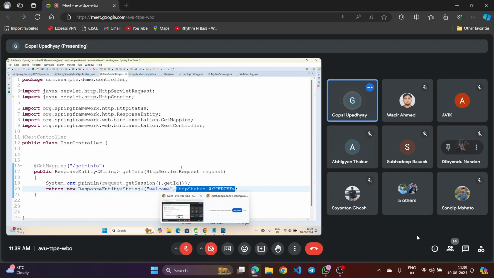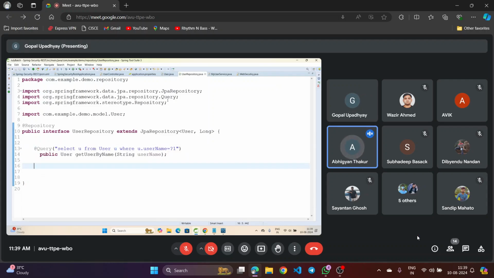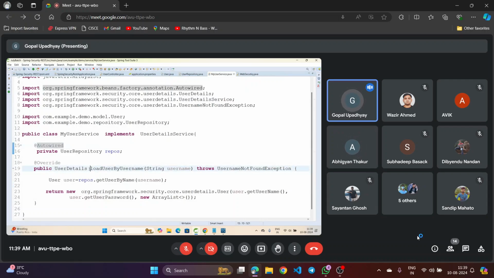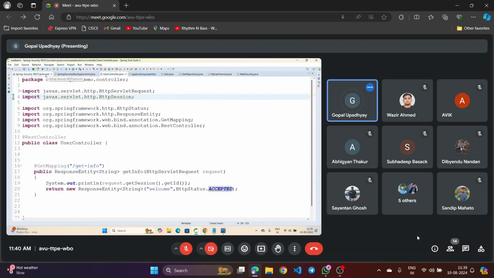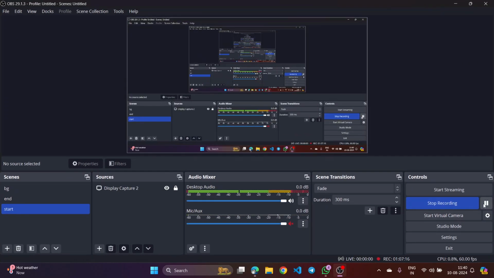तो अब इसमें हम लोग क्या किए कि रिपोजिटरी, ये वाला समझ में आया? ये क्वेरी तो पहले भी किए थे। ये समझ में आया, लोड यूजर बाय नेम, यूजर कंट्रोलर, एवरीथिंग राइट। तो मैं थोड़ा सा एक टी ब्रेक लेता हूँ, उसके बाद फिर कंटिन्यू करता हूँ। ओके सर। सर, वेब सिक्योरिटी में बस थोड़ा सा डाउट है।